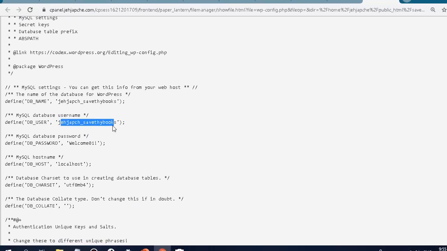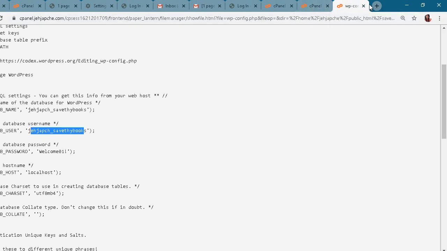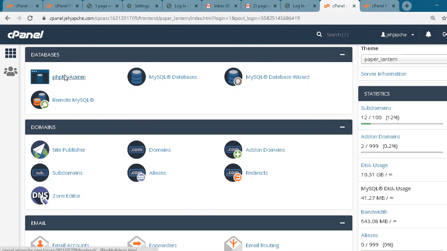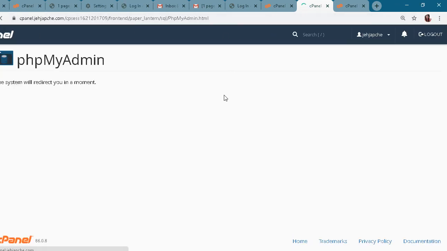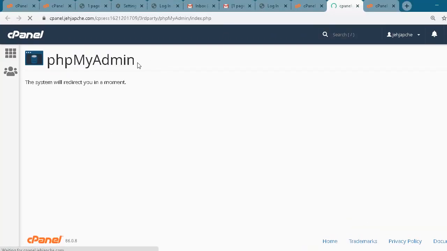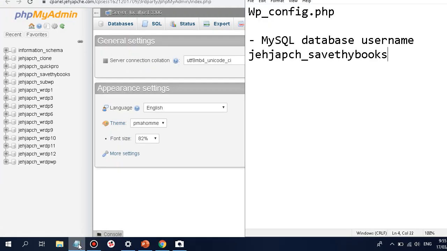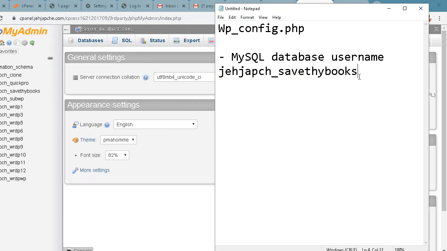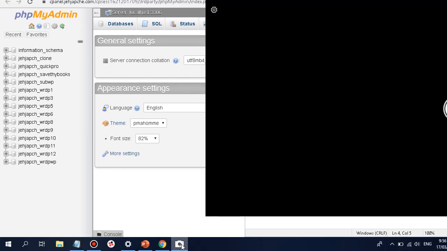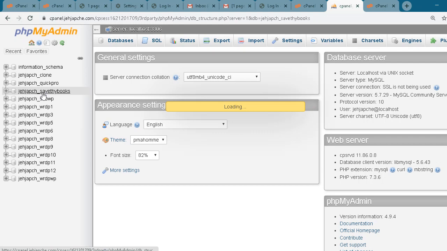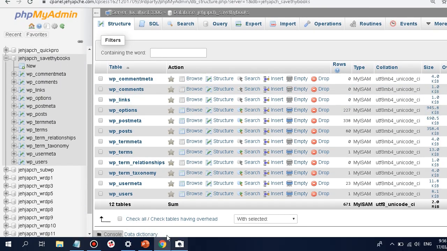Now, once you have this, go back into the cPanel, all right? So you can close this one, go back to the cPanel, and then look for the PhpMyAdmin. There you go. So once you are inside the PhpMyAdmin, you will see here different databases, okay? So that's the purpose of our step a while ago, to determine what is the database of the WordPress that we are using. Now this database will show up on the left side of the screen, so on the left side you can see _savedibooks.com. So what I'm going to do is to click this one and then look for